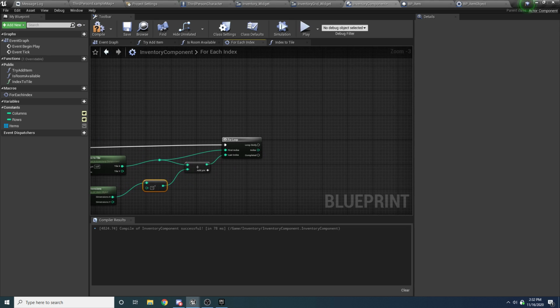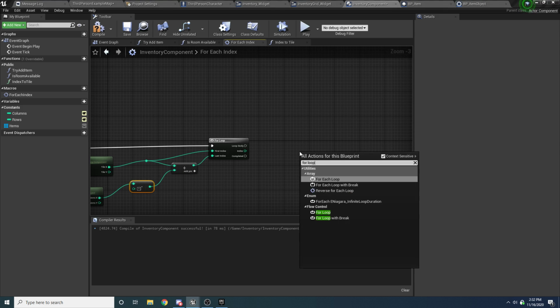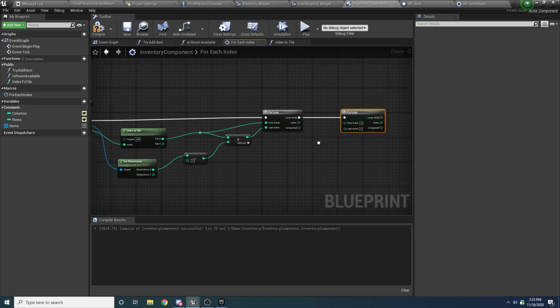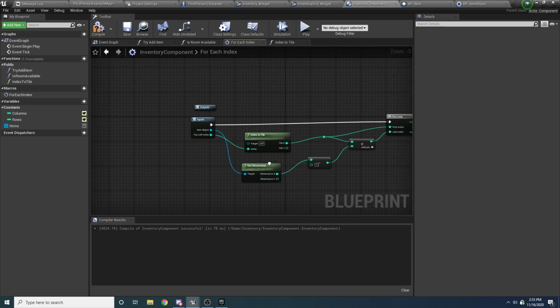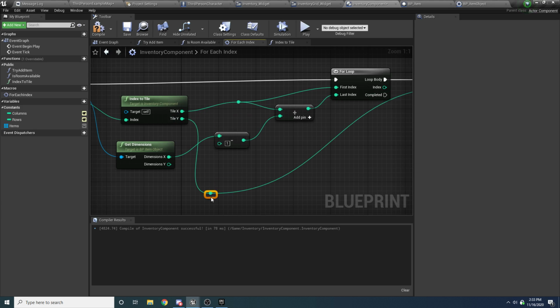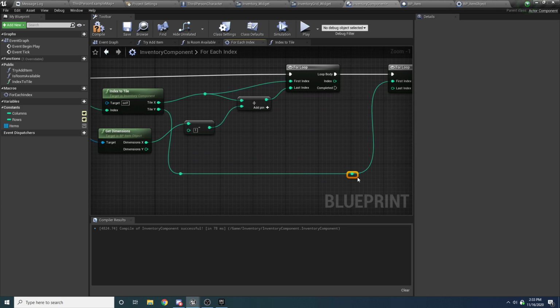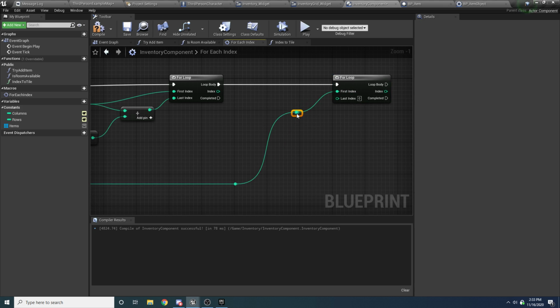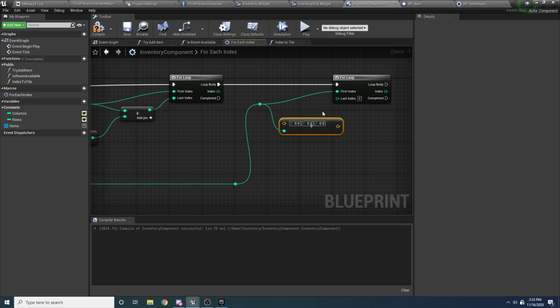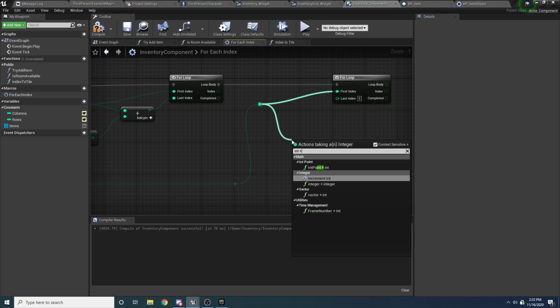And then after that, we want to do another for loop so that we can loop over the vertical, since we looped over the horizontal. So we'll say for loop again. And for the first index, we want to pass in the tile y. So we'll drag in the tile y for the first index, and let me just drag this around, something like that. And then for the last index, we want to do this value, except we want to do int plus int,